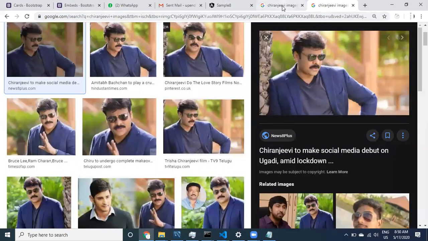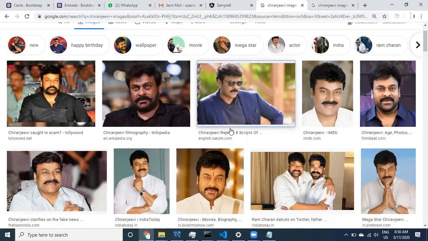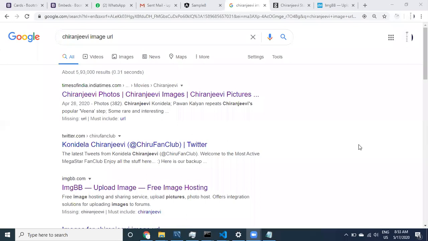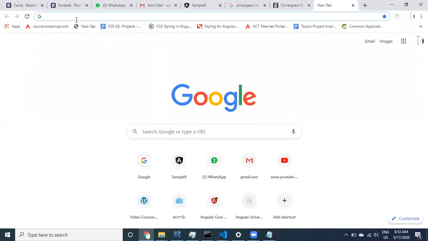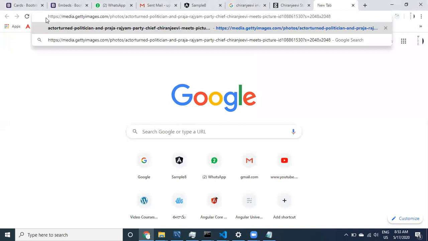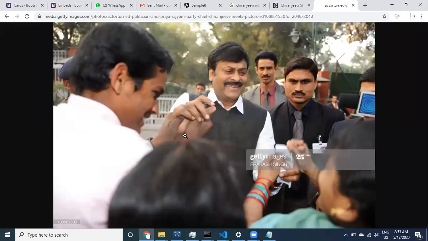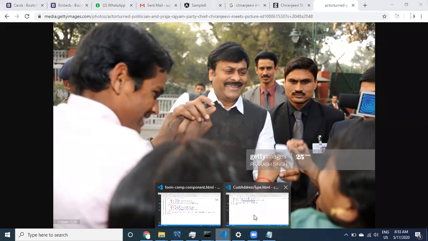Otherwise, 1 second, guys. I will check on the internet. Give me 1 second. I just resume the recording. Okay, so I got the URL, guys. If I provide the URL directly, it has to display only the image instead of other things. So it may be considered as an image. Let us go to our code and see.